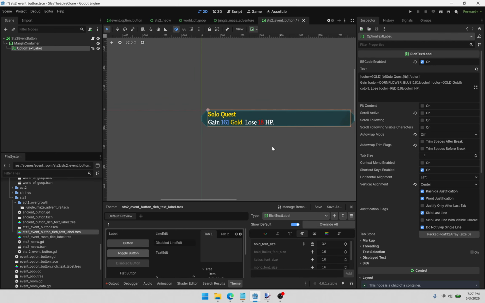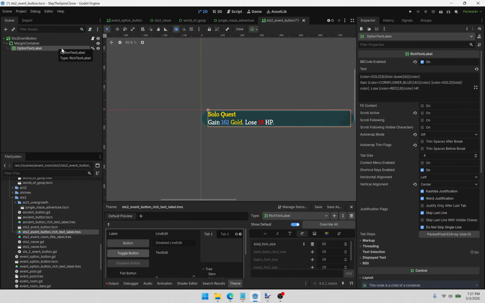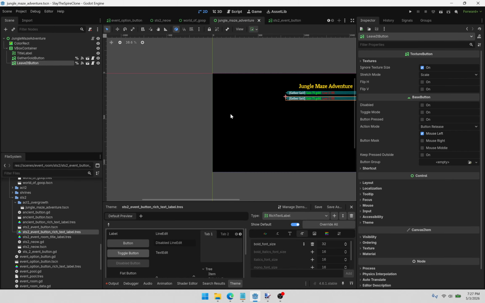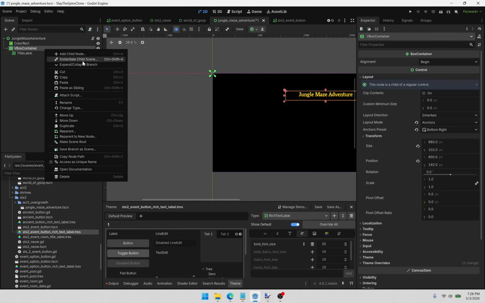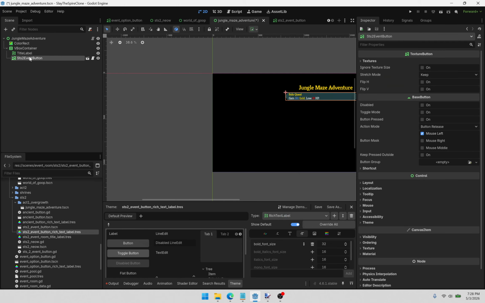Because we didn't have that in the original Slay the Spire implementation that we did before we started making these silly YouTube videos. Okay, so this will be the text label. Just like that, right? So that can be our button scene, right? Okay, so back to Jungle Maze Adventure. So these need to not be these buttons, right? These need to be the new button class that we just created, right? So